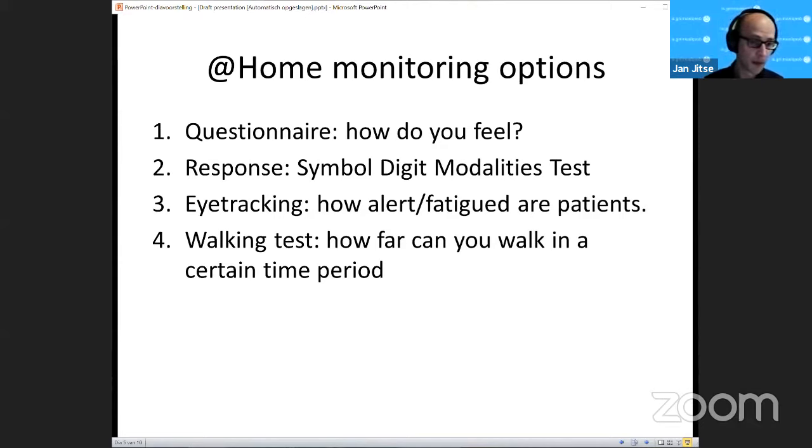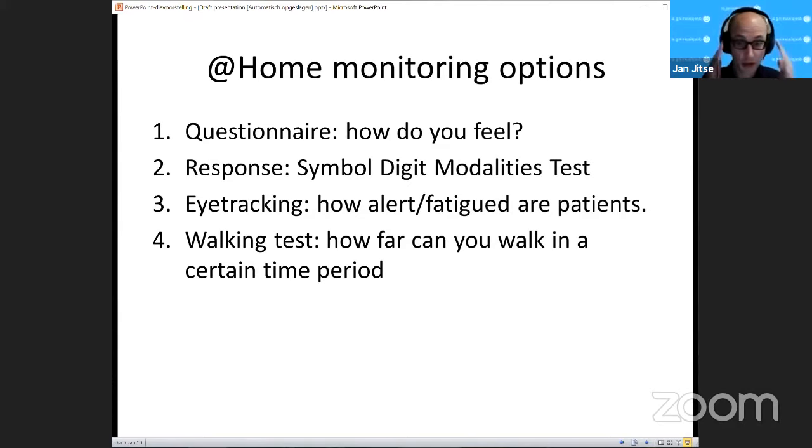Then there's a new idea: you use the camera on your phone to track how tired you are. This is, of course, a very interesting idea where a lot of machine learning is involved. But I'll not be talking about that today because, well, we saw that it was very promising in lab environments, but typically the front-facing cameras on the newer phones are good enough, but on the older phones, which a lot of patients have, were not good enough, and it's very dependent on the light.